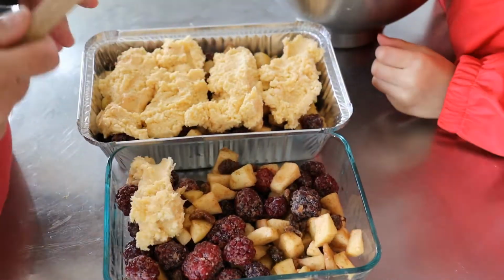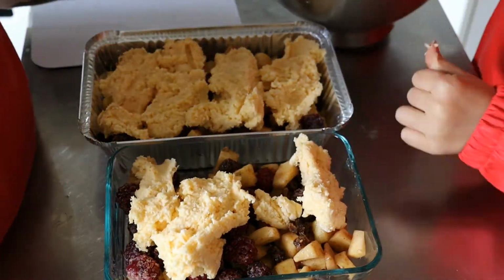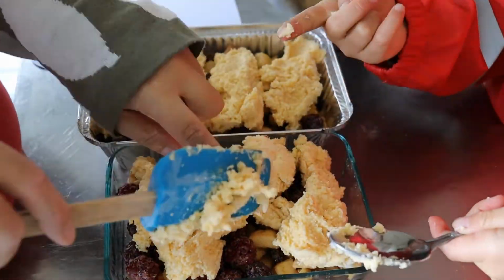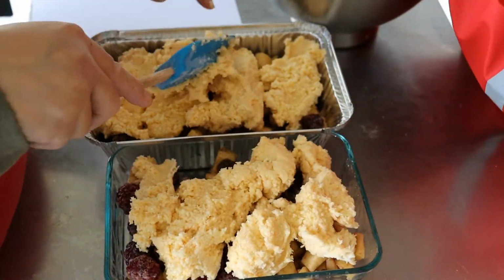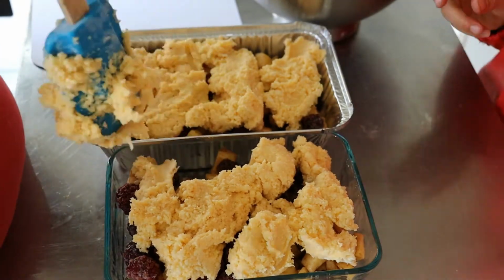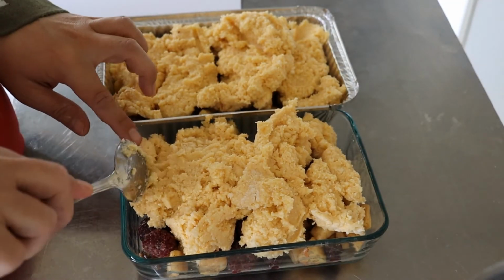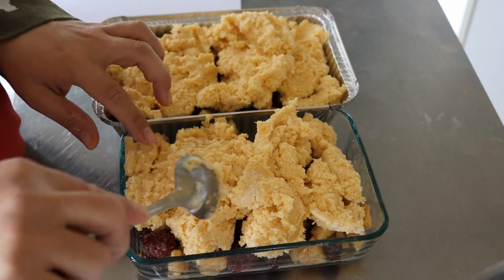Now this is a job that my 5-year-old decided he wanted to give me a hand with, and so I gave him a spoon, but looking at the footage I am wondering how much actually went onto the slump rather than him consuming it. Yeah, but anyway,